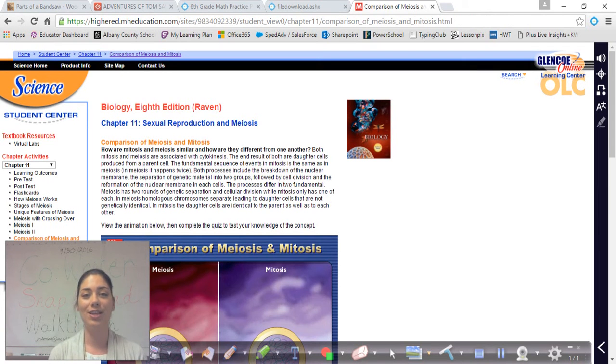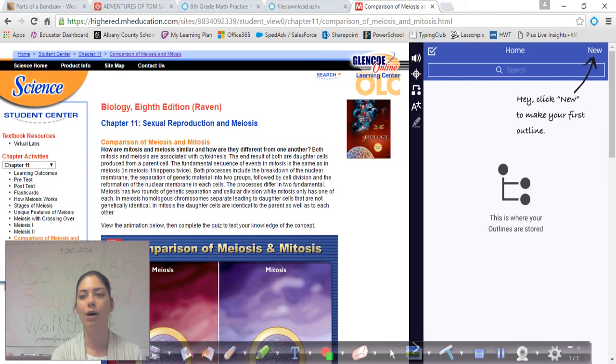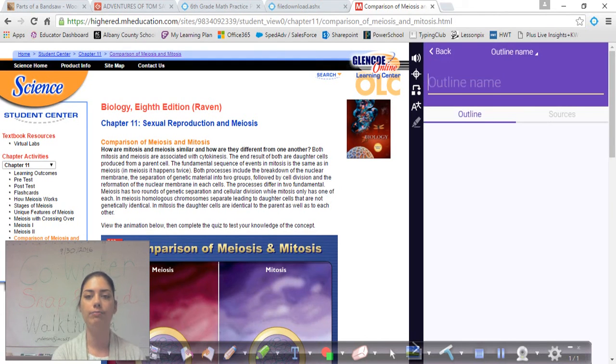So the final thing that you can use Snap and Read to do is create outlines. And that is down here in the lower right-hand side, this arrow here. If I click that, it opens up an outline box. And I can hit that I want a new outline, and I've selected this cell biology lecture here, on meiosis and mitosis. So what I'd want to do at this point